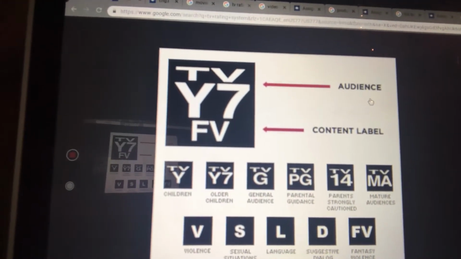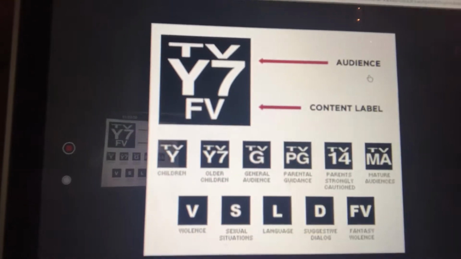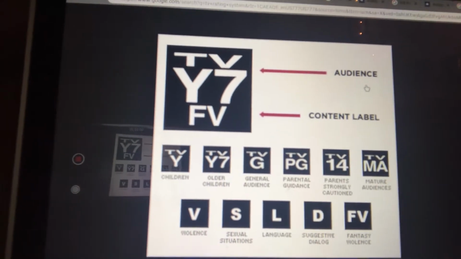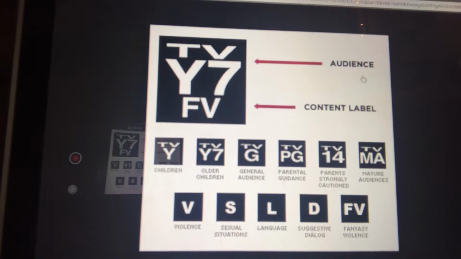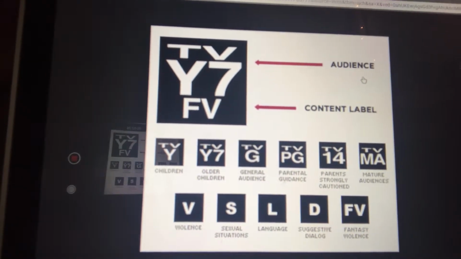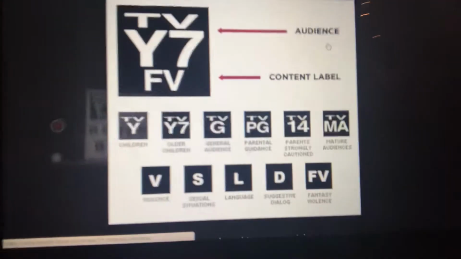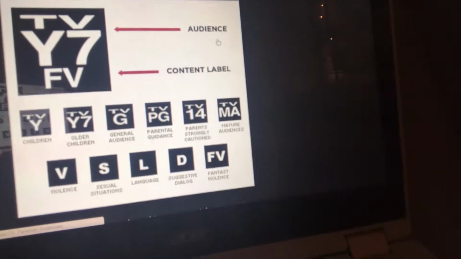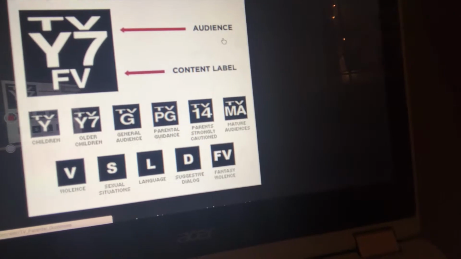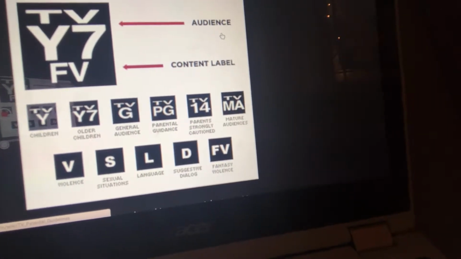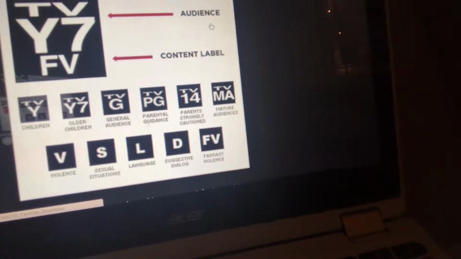At the top is the audience, and then it's the content label. So there's children, older children, general audience, parental guidance, parents strongly cautioned, mature audiences, violence, sexual situations, language, suggestive dialogue, and fantasy violence.